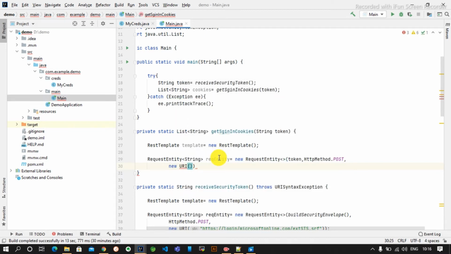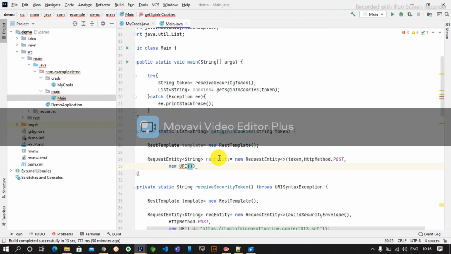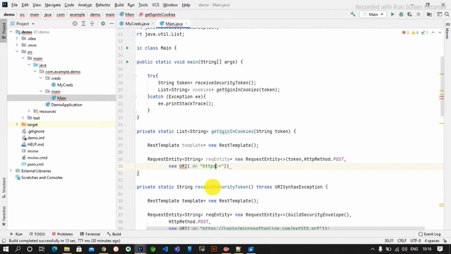For me it is like https:// then my domain name.